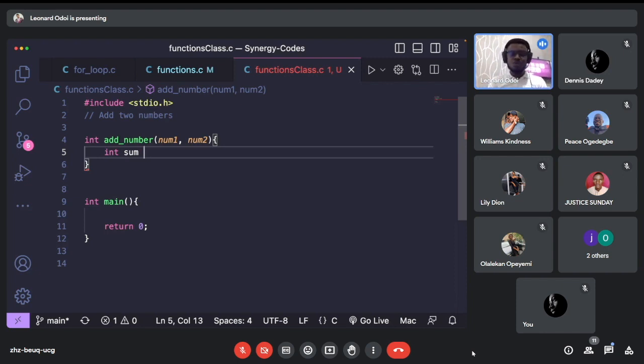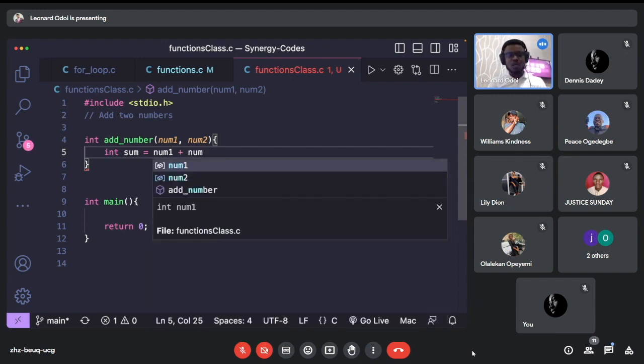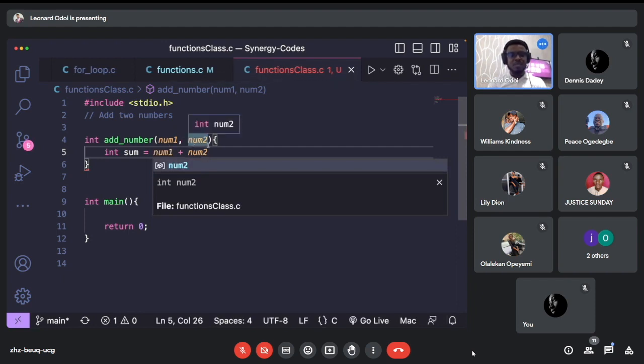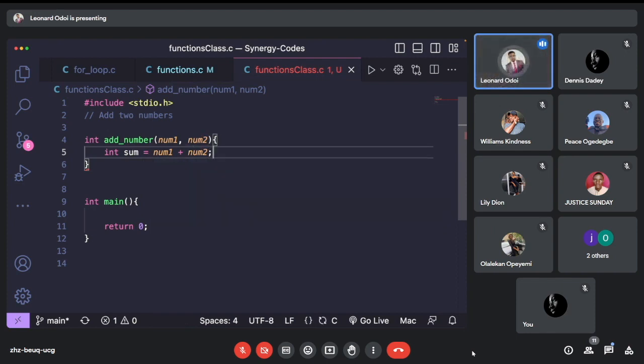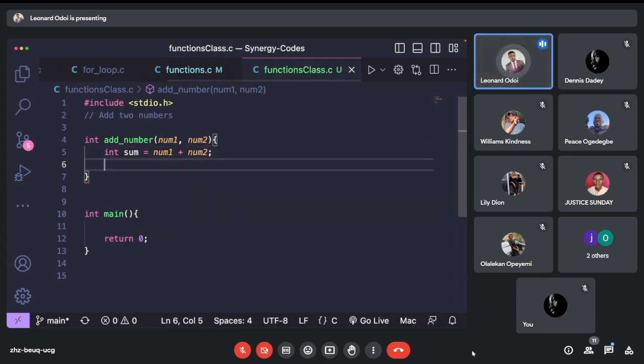And then we are going to give it what it's supposed to do. It is supposed to add number 1 and number 2. These are our parameters that we told our function we want it to do. And this is what our function is going to be doing. It's going to be adding 2 numbers. Don't forget your semicolon. Your semicolon is the most important thing in C programming. Then, when you have done telling the function that you are supposed to add these 2 numbers,